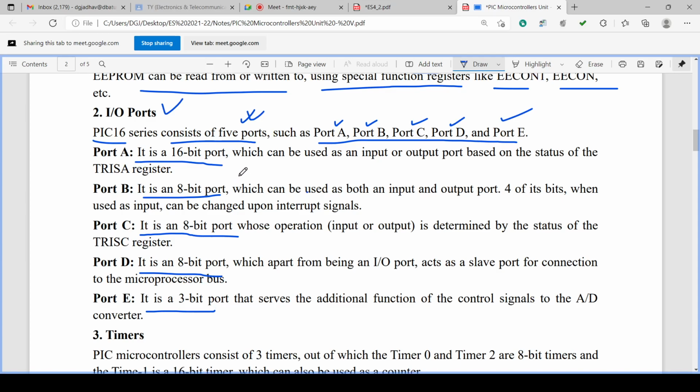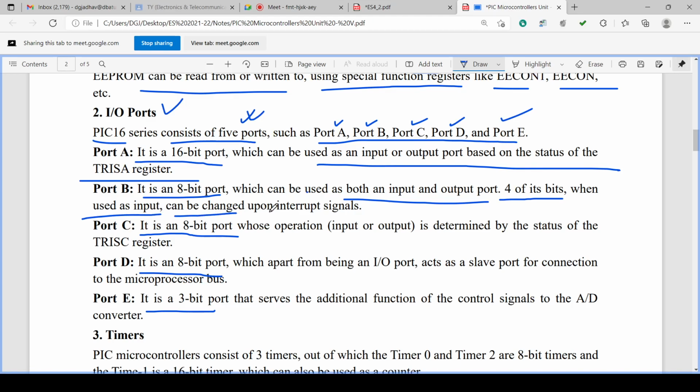So port A, which is a 16-bit port, can be used as an input-output port based on the status of the TRISA register. Port B is an 8-bit port. It can be used as both input and output port. Four of its bits, when used as input, can be changed upon interrupt signals.